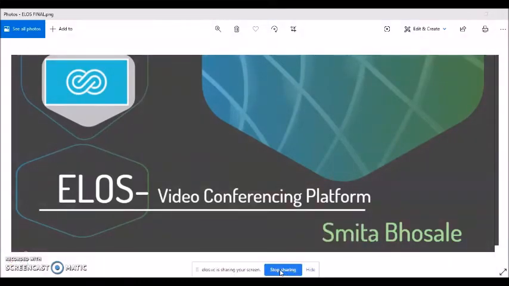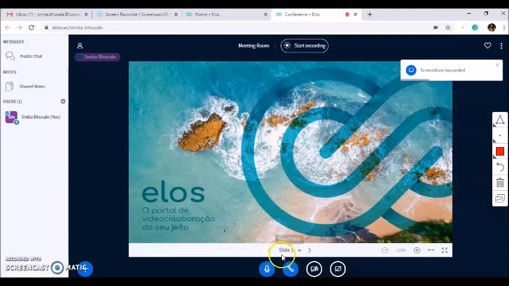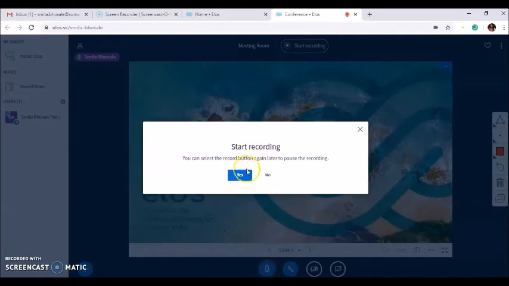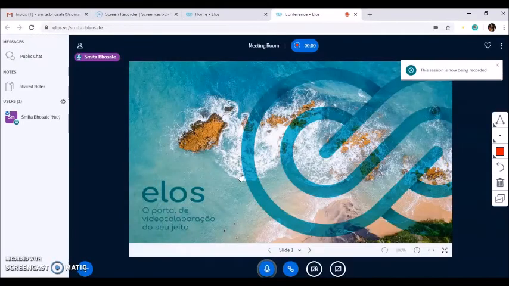Click on stop sharing. So now the screen has stopped sharing. If you want to record your session, then you can click on start recording. You can use the same button to pause or to stop the recording.